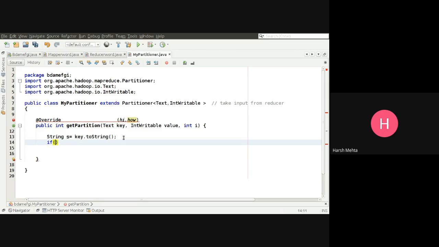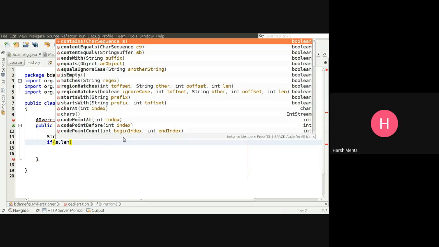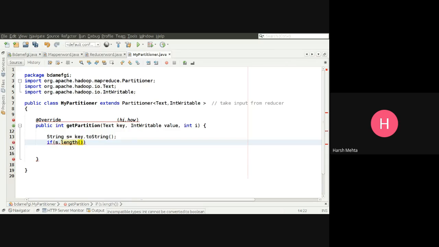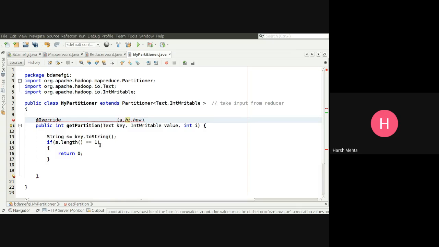If s dot length equals 1, we want to return 0. That means it will go to my first partition. If my key length is 1, let's say any character like a comes, its length is 1, we return 0.